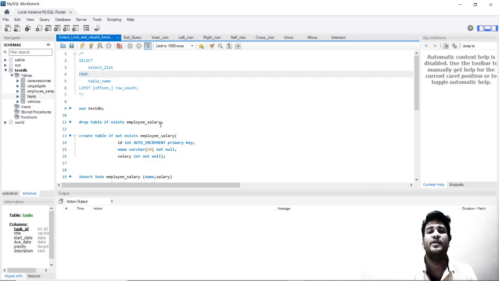Good morning, friends. So in today's class, we will be studying the limit command, which is used with the select command in SQL. For this, I will give you a scenario. You have an employee table, and in that table, you have the salary of the employee. Now you do not want to get the highest salary employee. You want to get the second, third, and fourth highest, or just the fourth highest, or just the third highest. So how will you do it? There is a very important command in MySQL or SQL which is limit, and let us learn how exactly we use it.